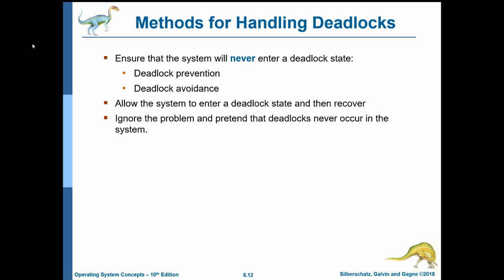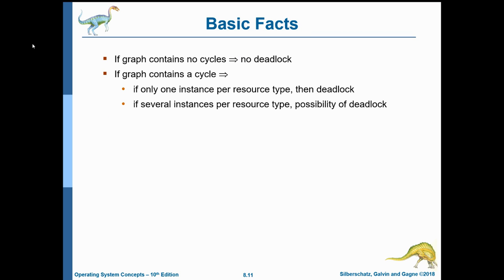Okay, now kita continue the second part of deadlock. Okay, so sebenarnya kita tengok on the resource allocation graph. So nanti you can do some exercise on the resource allocation graph. Okay, and the basic facts dalam resource allocation graph ialah kalau graph tu contain no cycles, tak ada berlaku cycle,